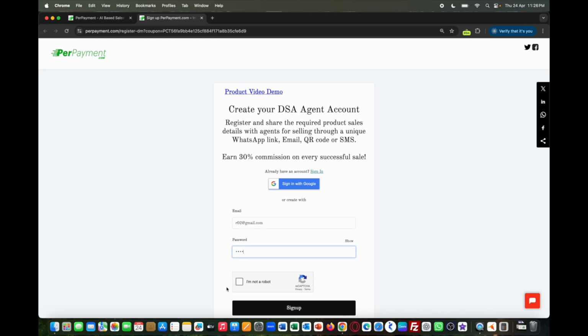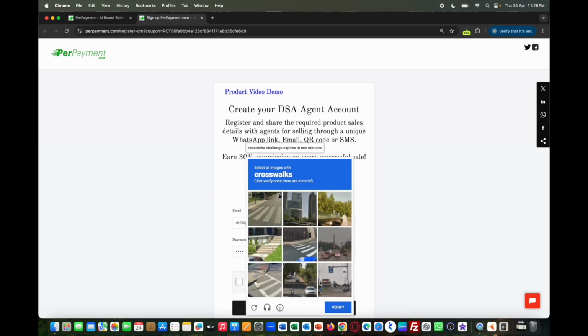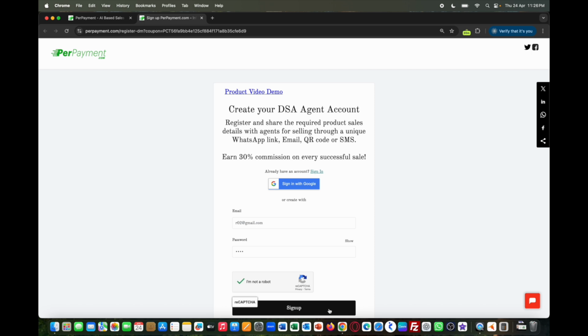Put down the password, click on I'm not robot. You will get the captcha, re-verify them. Click on verify and sign up.